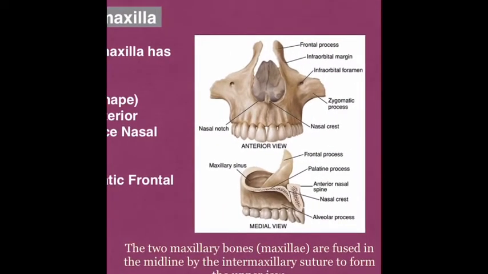طبعا الماكسيلاري إلها two bones. The two maxillary bones اللي هي maxilla are fused in the midline by the intermaxillary suture to form the upper jaw. وهنا مثل ما قلنا